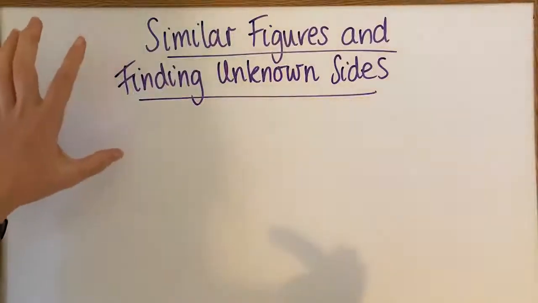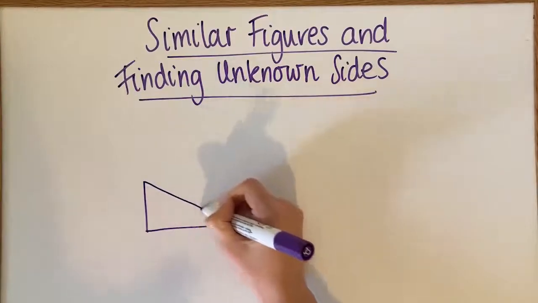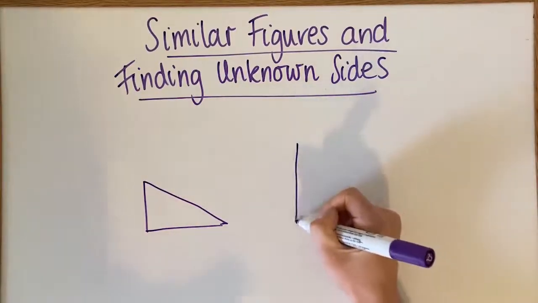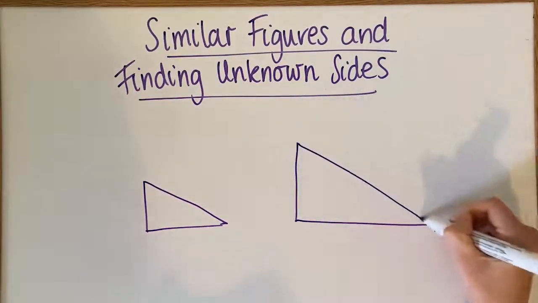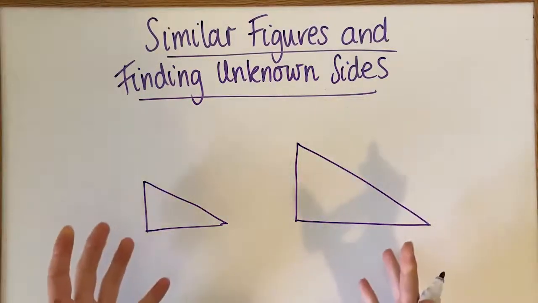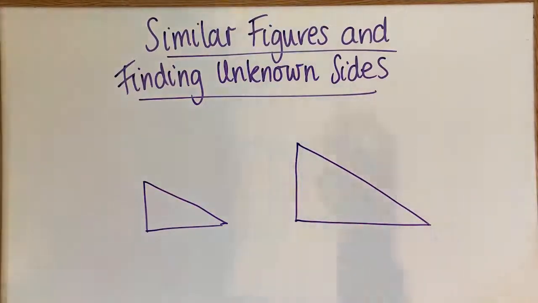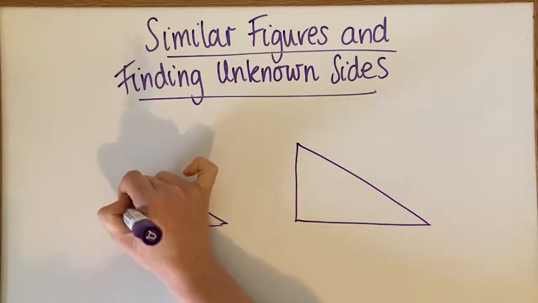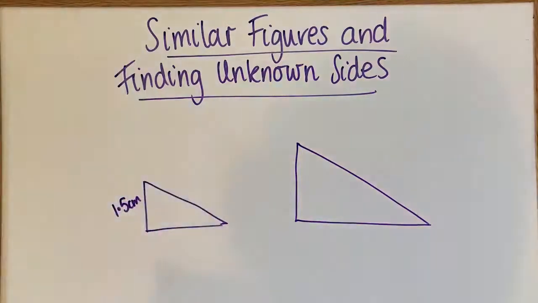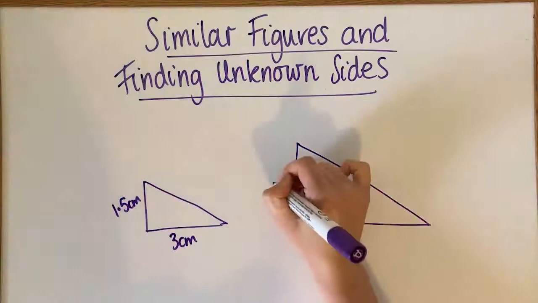So similar figures are shapes that look virtually the same, but one has been enlarged or shrunk. They are similar in the sense that they look like the same shape, just one is bigger than the other, or one is smaller than the other, okay? So we can use our knowledge of scale factor, which we've done in a previous video, to find unknowns like